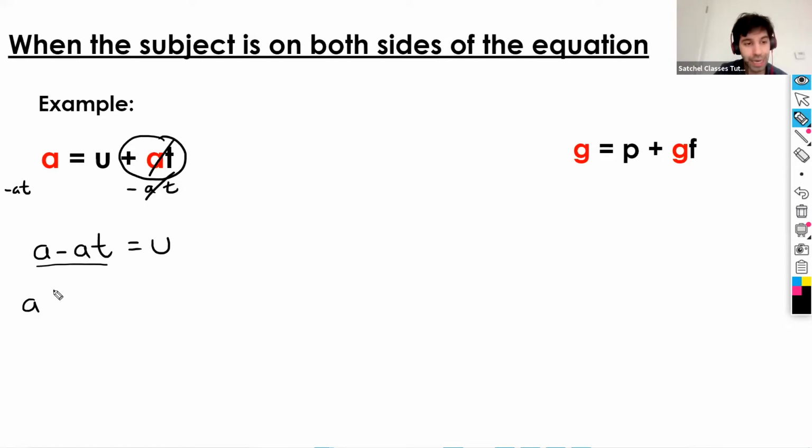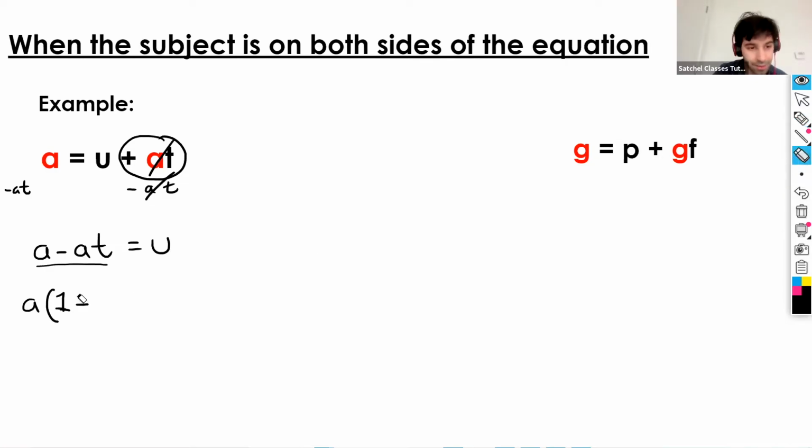So A goes on the outside, and then you have to ask yourself, A times a number or a variable to give us A. Well, that's going to be 1, because 1 times A is simply A. And then A times a number or a letter to give us AT. Well, that's going to be